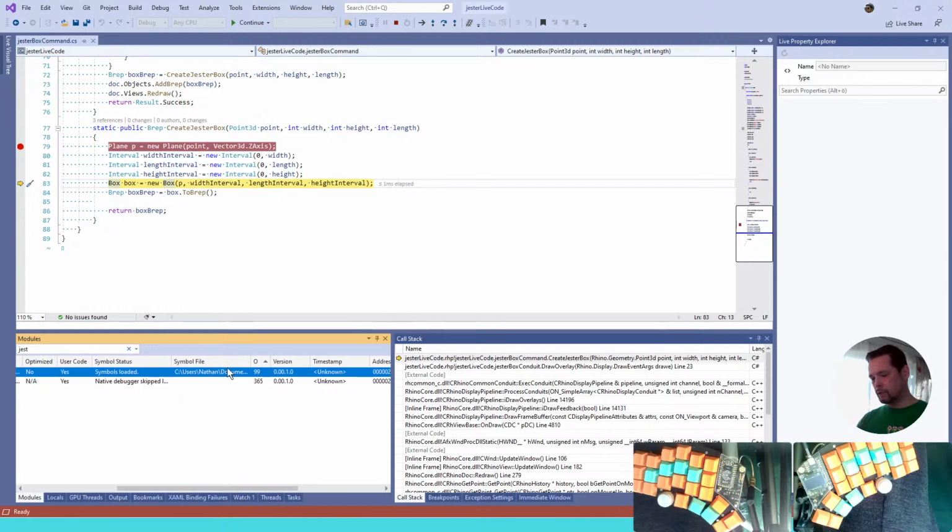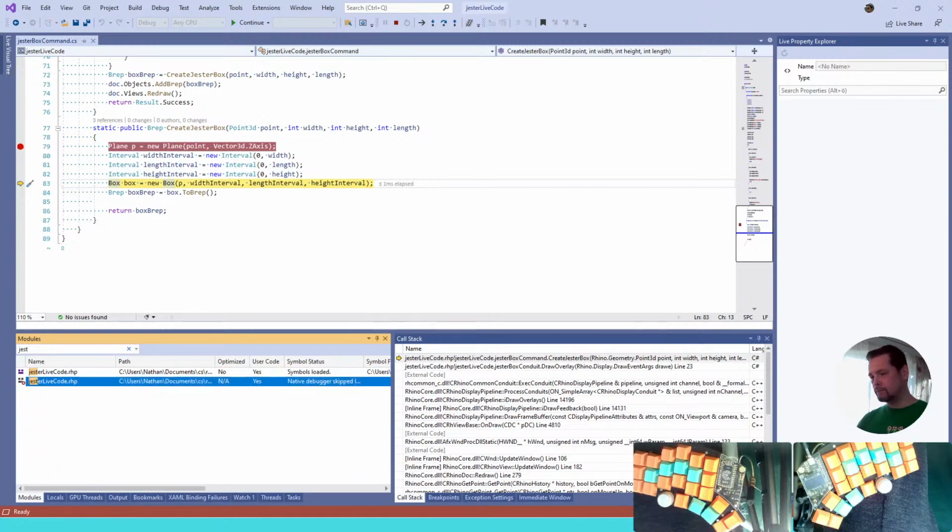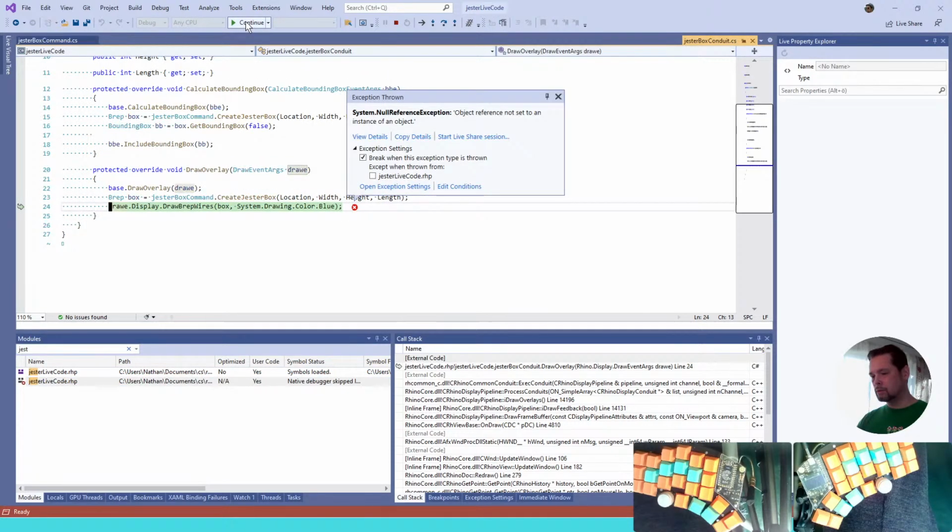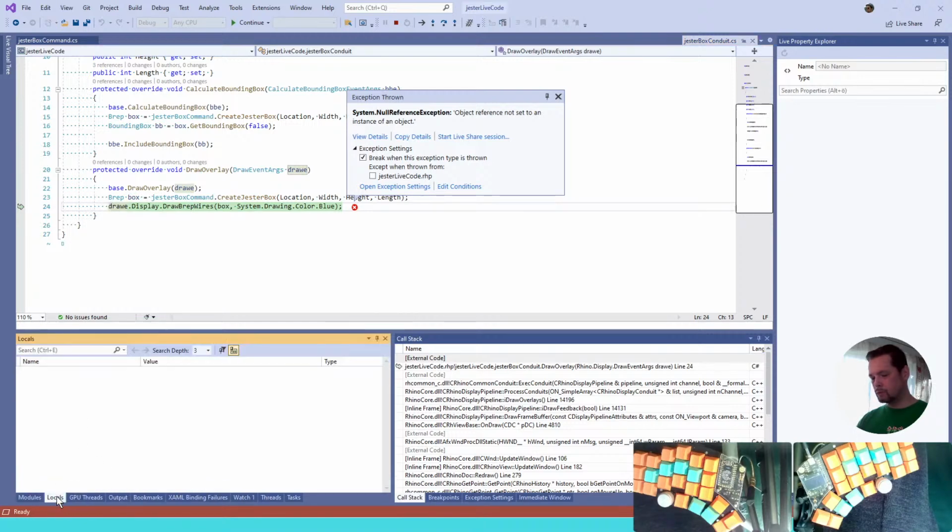Symbol file is where it was generated, so that's as expected. Not sure why this is doing that. So maybe I'm going to let this run. We still don't have locals, right? I can't see any symbols at the moment, so